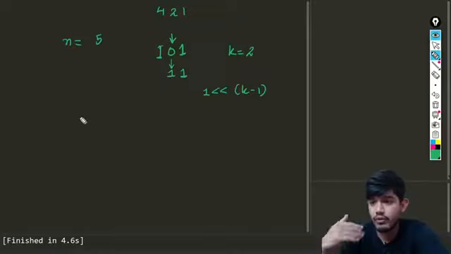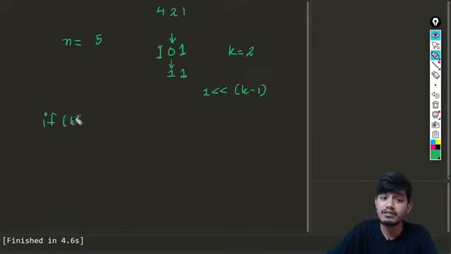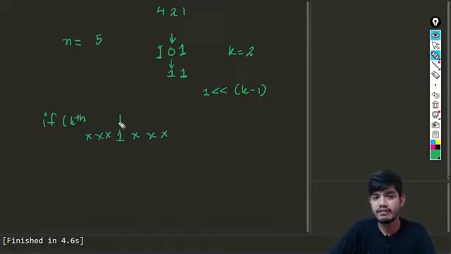Now how can we set the bit? There will be 2 conditions. First is that the kth bit is already set, which means the value will be something like 1. It can be represented something like this, and this is the kth bit which we are talking about, and we want to set it. But it is already set, so we do not need to change anything. For this case we need to just keep the 1 as it is.